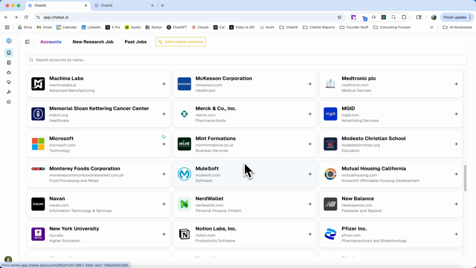ChatAE provides the organizational layer that enterprise sellers and teams need to leverage AI for various account planning workflows. Let's walk through it together. Every account that is uploaded into ChatAE gets its own dedicated account workspace. Within this workspace, sellers can organize various account planning workflows and leverage various ChatAE agents to be much more effective